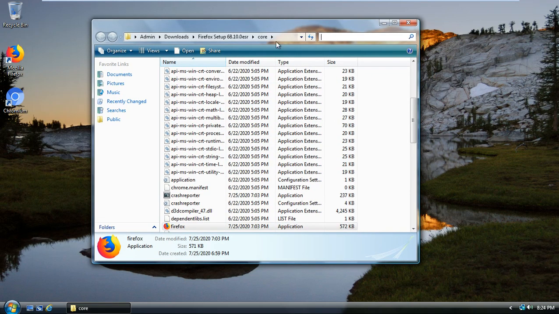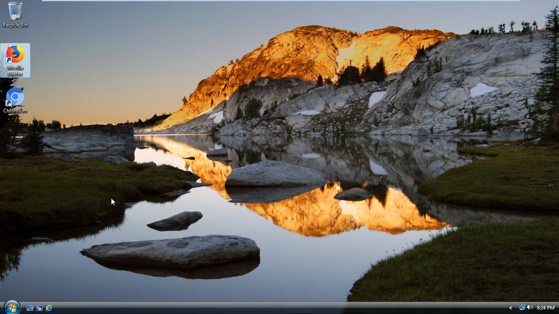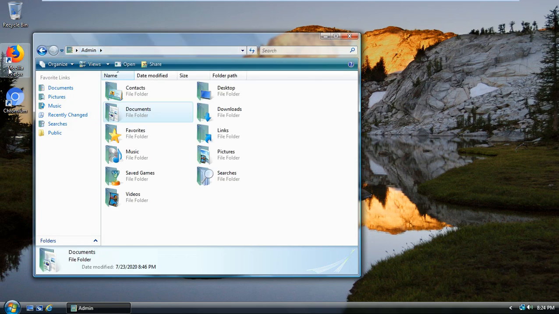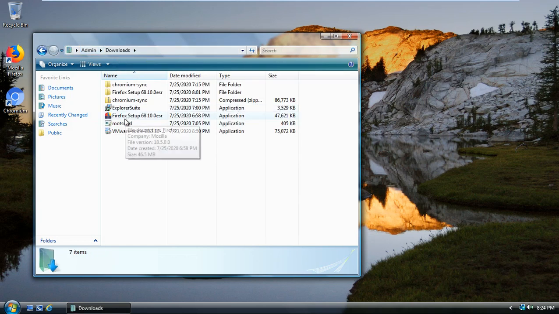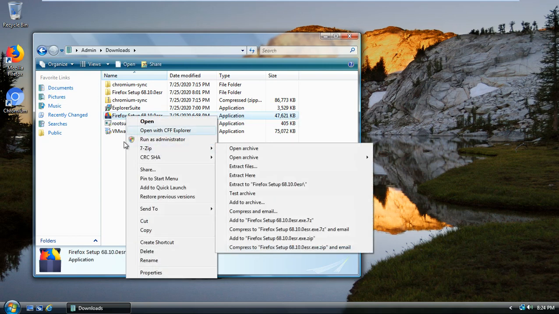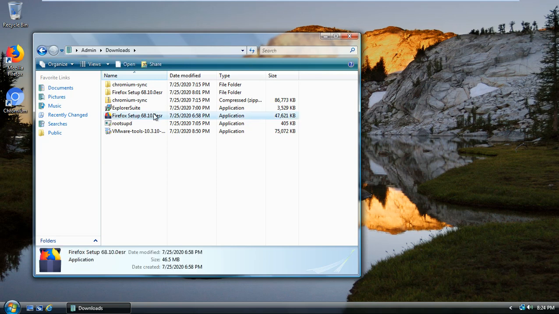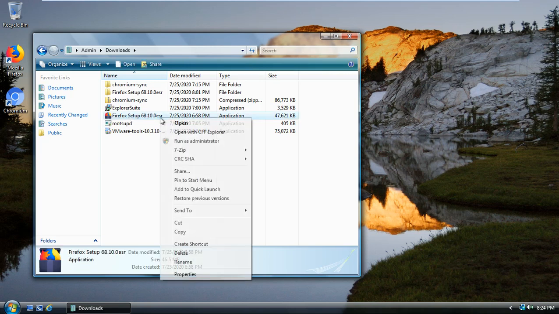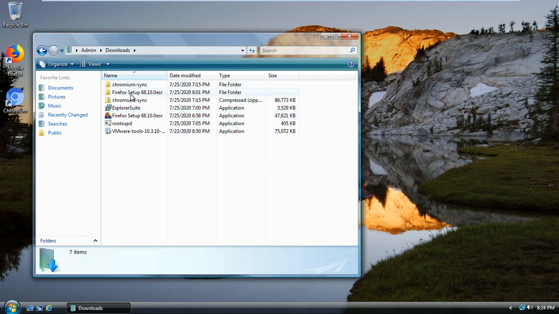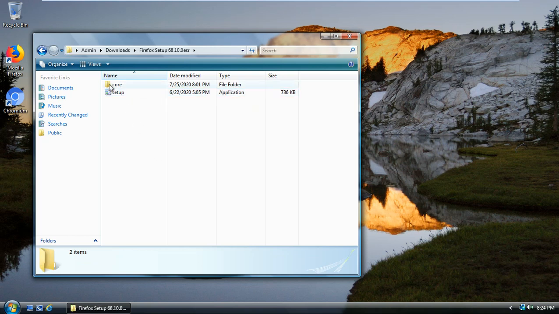So you want to go to wherever the directory is, hang on just a moment. You want to download Firefox, okay? You also want to download and install 7-zip. I'll put the link to that in the description. After you download the 68.10 ESR setup file, you want to extract it with 7-zip. Okay, so you want to extract that, and you should get this folder here. You've got core and you've got setup. You want to go into core,